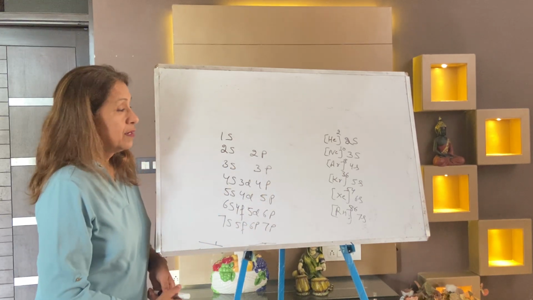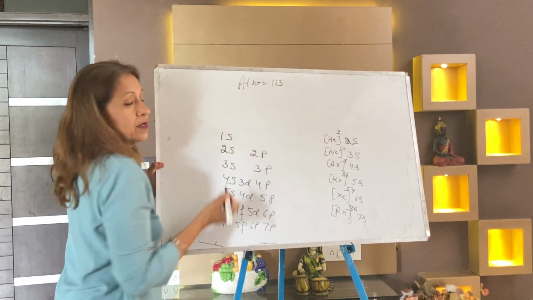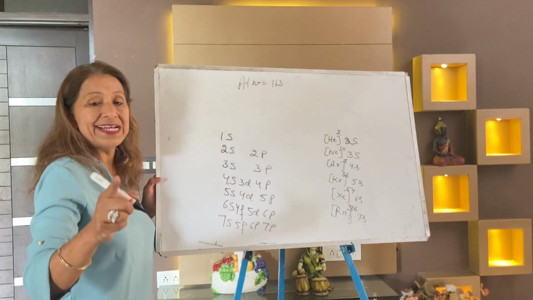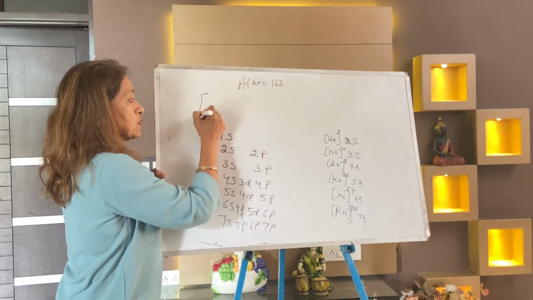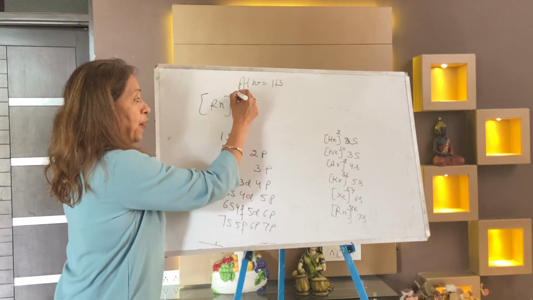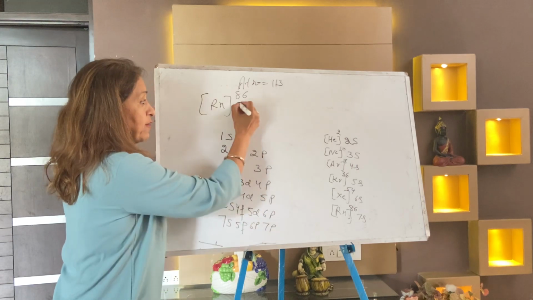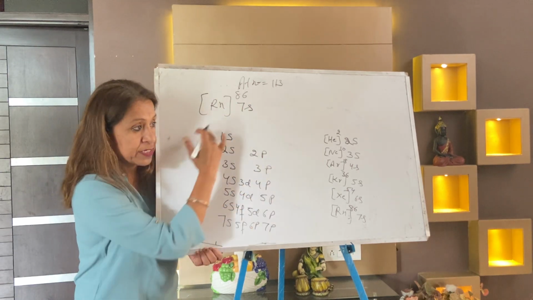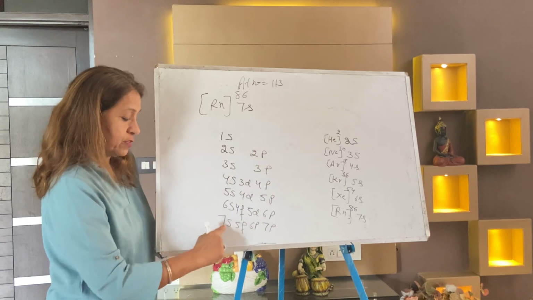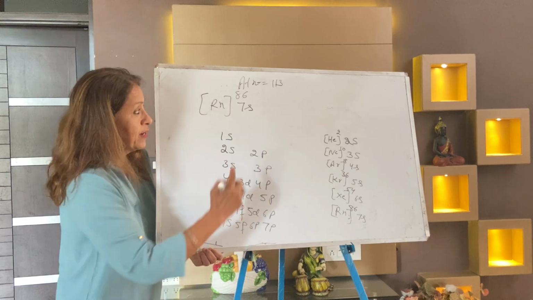Let the atomic number be 113. What you will do, you will select the noble gas which is nearest to 113, and it is radon 86. See my finger. Radon 86 is the nearest noble gas to 113. After that, 7s. At once you find the 7s in the picture. Where is 7s? Put your finger. And now move to 5f.